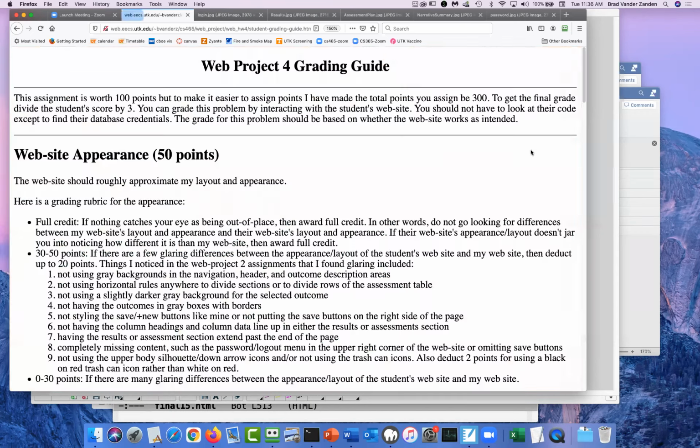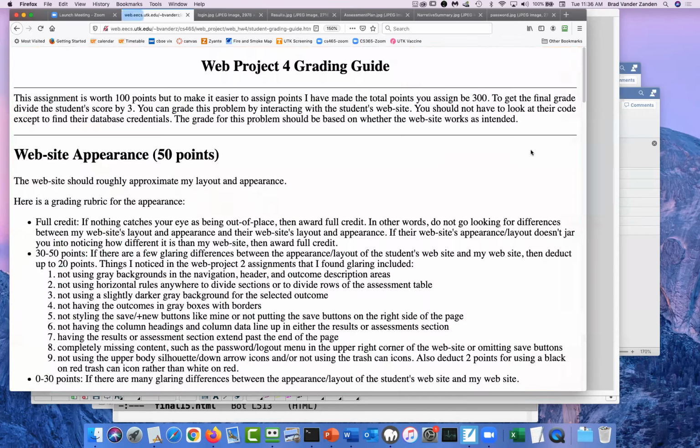By the way, you see it looks like it's 300 points, but actually that's just to make the TAs' life easier. So they're actually going to divide the student score by 3. So even though it looks like it's out of 300 points, it's really out of 100. And then I've given you a checklist of operations that the TAs are going to be performing and what their point values are.